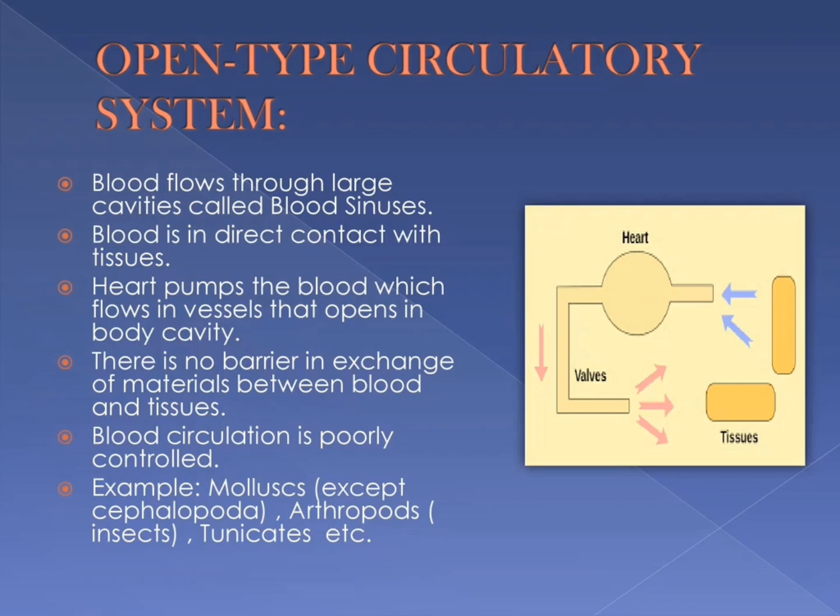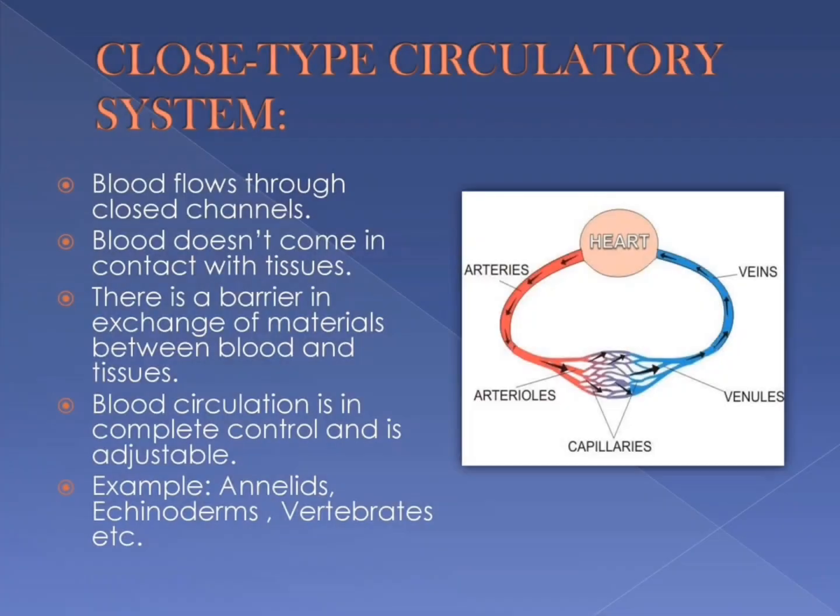Because the hemolymph is not enclosed in vessels, it can flow freely throughout the body, allowing for exchange of nutrients, gases, and waste between the blood and surrounding tissues. This system is less efficient at transporting oxygen than a closed circulatory system, but it is simpler and requires less energy. For example, it is found in insects, crustaceans, and some mollusks such as snails and clams.